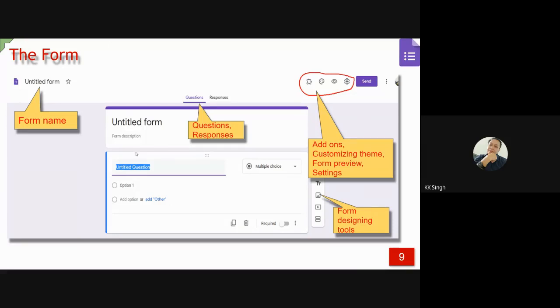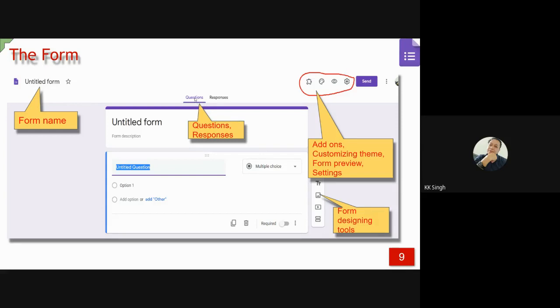Once the blank form is selected, this layout, this interface will appear, and over here you'll see the untitled form. This is the title of the form, and these are some icons which we'll use later. But first of all, we'll have to type the name of the form. It should be a significant name, and when you press enter, this will automatically change with this name, and this name should be identical.